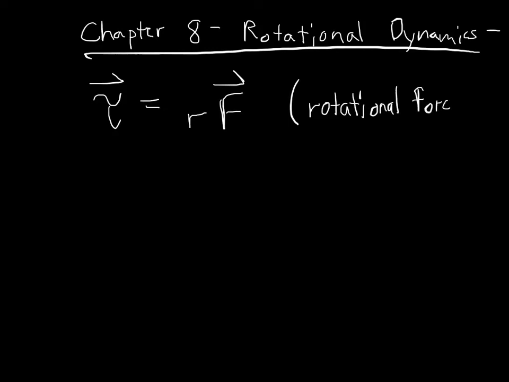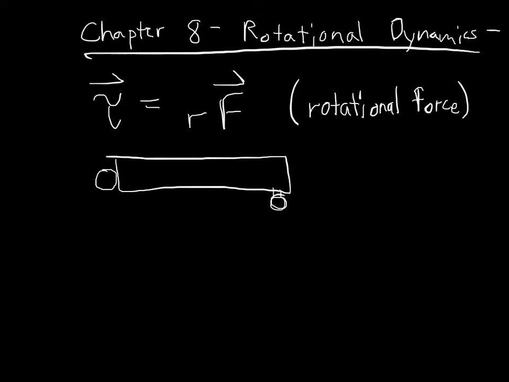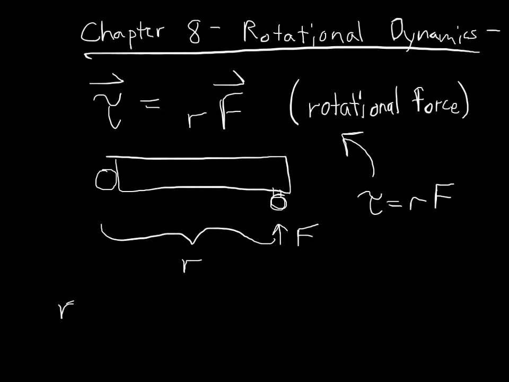And the clearest example I can think of to demonstrate torque that you use every single day is a door. A door has a hinge, and a door, and a doorknob. In order to make this door rotate, I have to apply some force to it. I usually apply force F at some distance away from this hinge, some distance R. So the rotational force that it takes to open this door, tau, is equal to R times F, where R